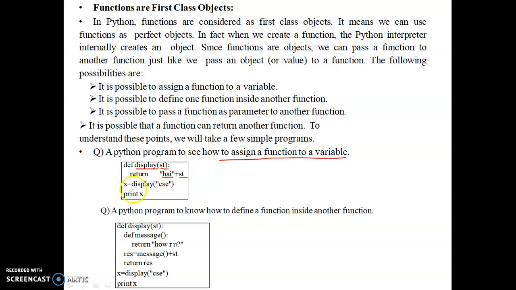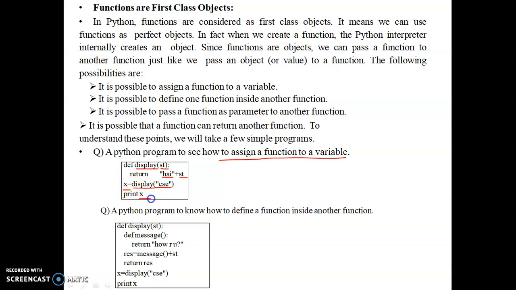Now here we are calling the function display of CSC. CSC is the value for the st variable. So you will get the output as hi CSC. This we are assigning to X, so the result of the display function is assigned to the X variable.